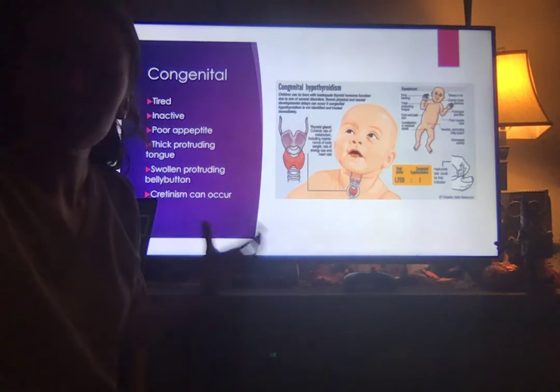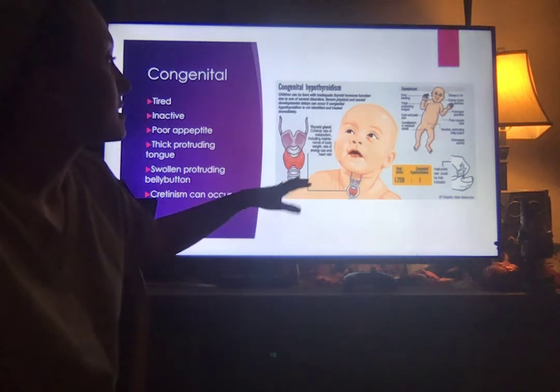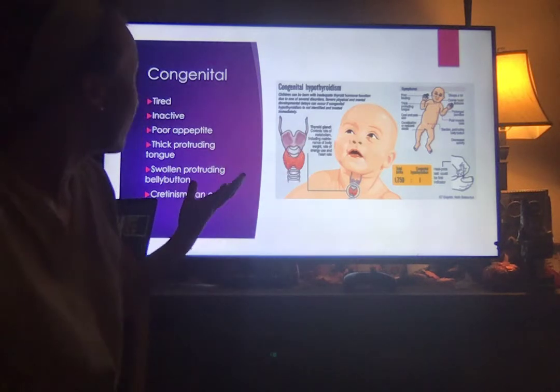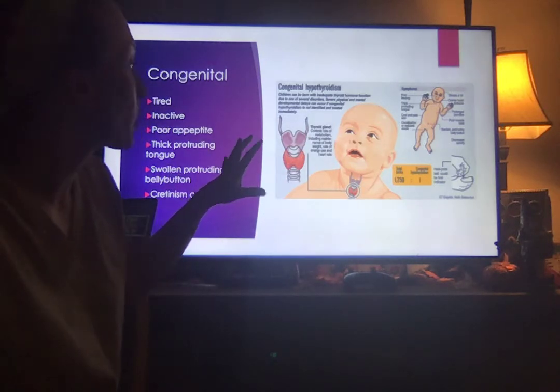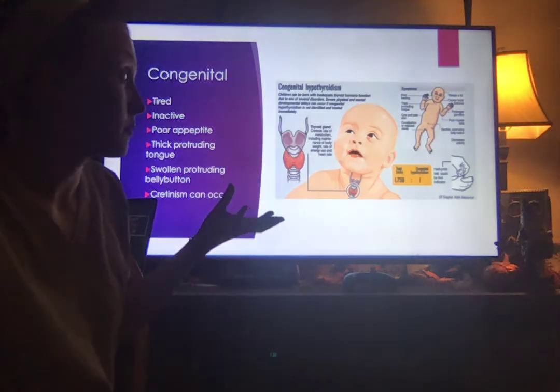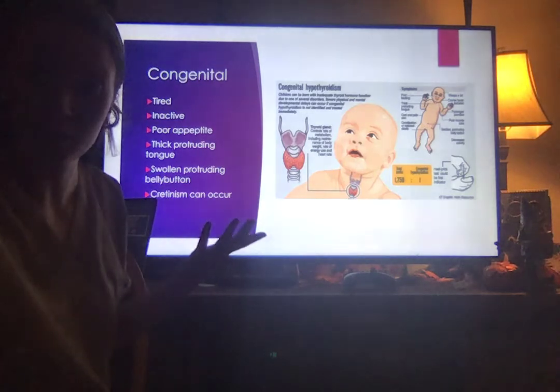So when it's detected on the newborn screening, the baby's T3 and T4 are going to be low. The TSH will be high, that type of thing. It's going to require them to go see their pediatrician. Maybe if it's even bad enough where they need an endocrinologist, they'll make a referral to an endocrinologist and they